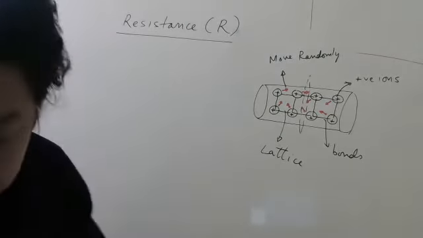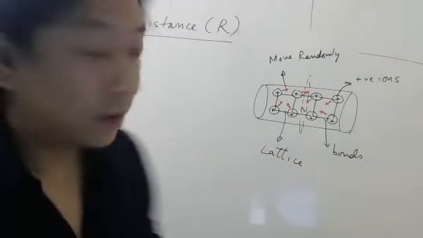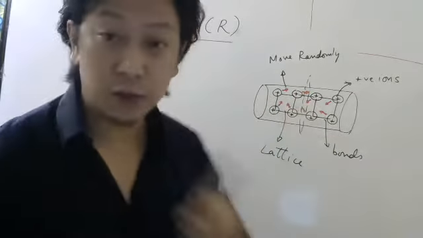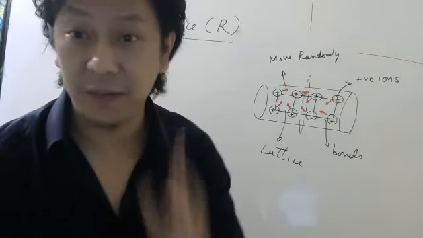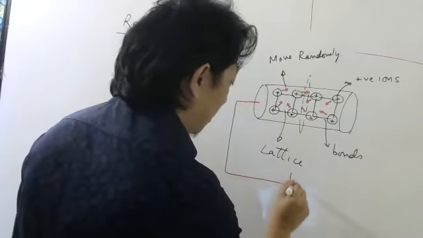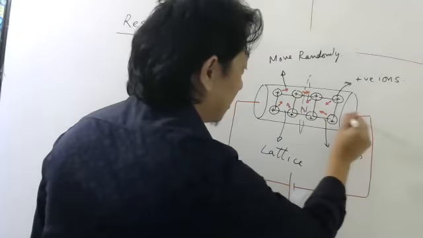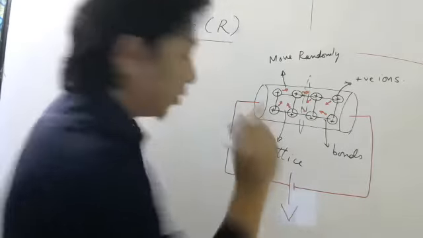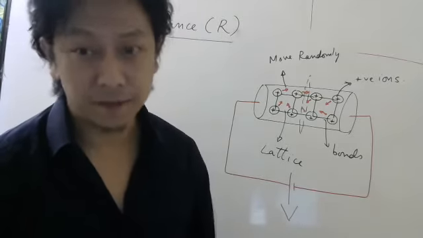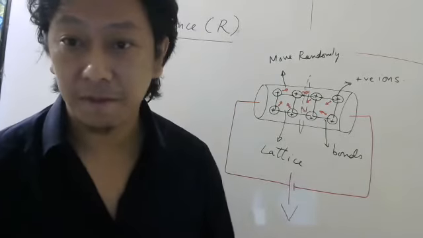Now listen carefully. Right now there is no current, even if electrons are moving, because they are moving randomly. But suppose I give them a potential difference, as Tanuj was saying. Potential difference V, suppose I give.